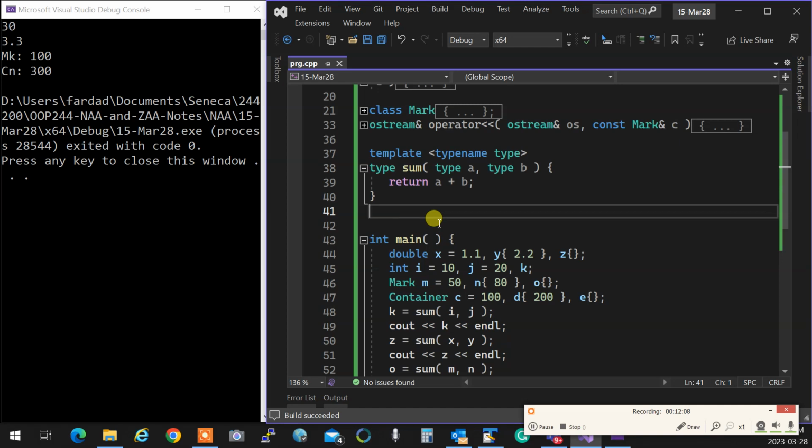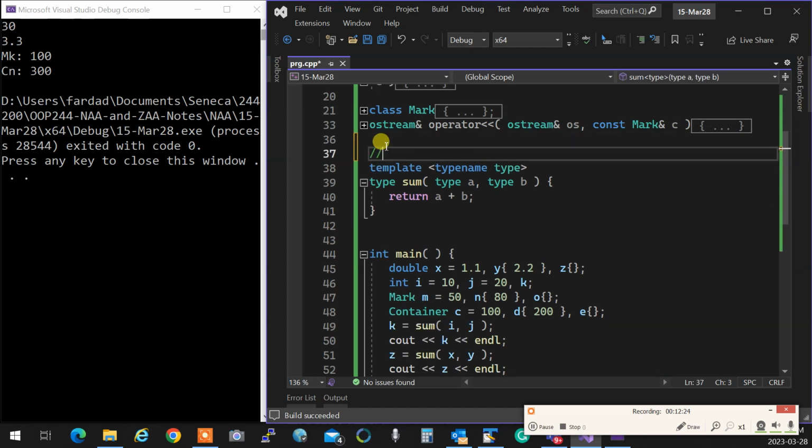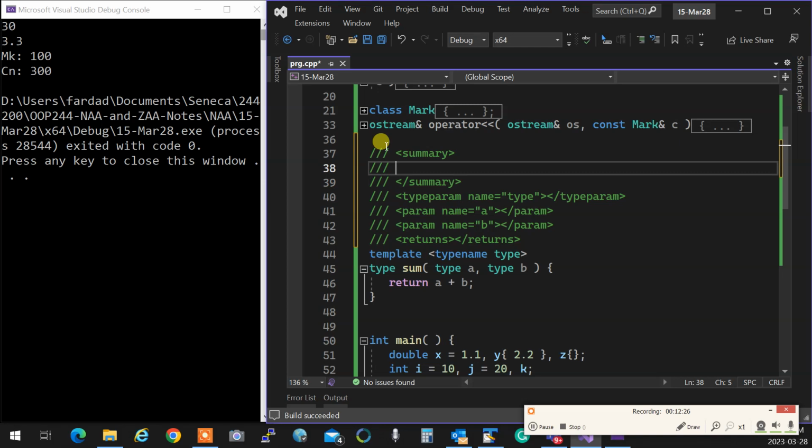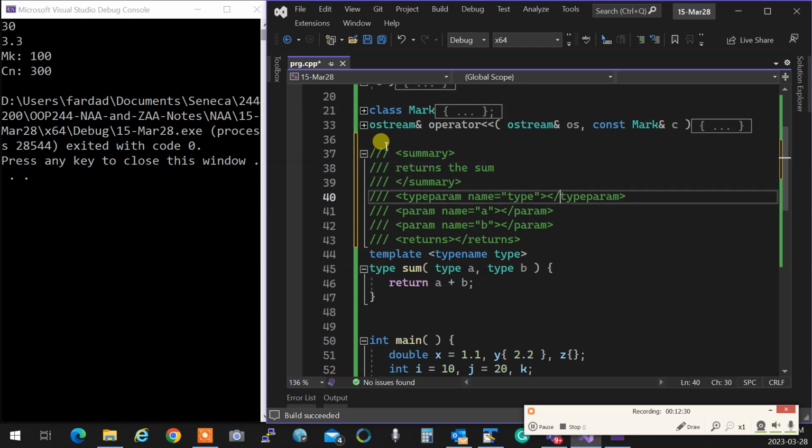When you're passing a type by value, what will be called? Copy constructor. So you have to document this. You have to mention it in here. So what you do again, you come over here, 1, 2, 3, and then you write over here returns the sum, and in here for the parameter it's got to say